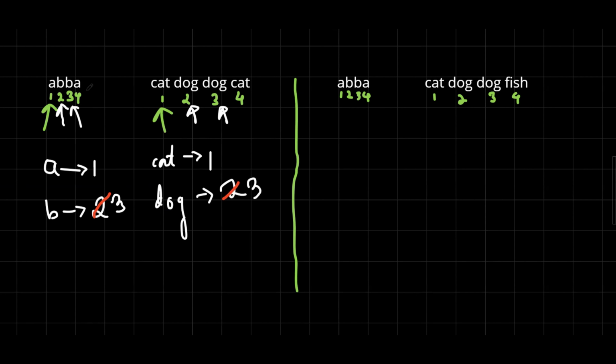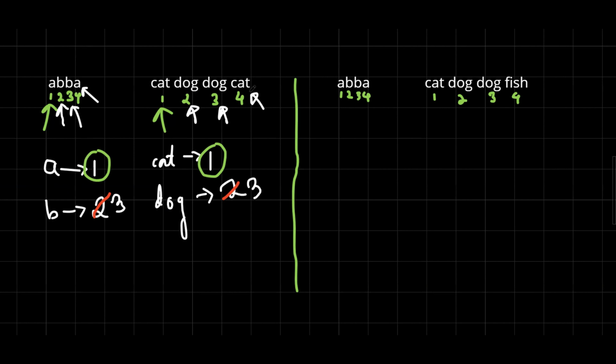Now we are at the last element, which is A and cat. So we have to check whether A and cat follow the same pattern or not, or whether their value is the same in the map or not. So we are clearly noticing that the value of A is 1 and the value of cat is 1. So we can say that